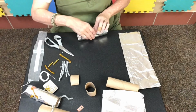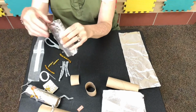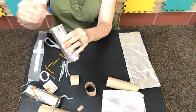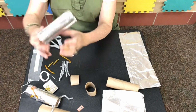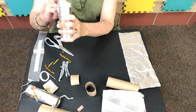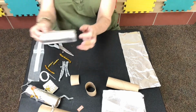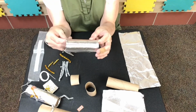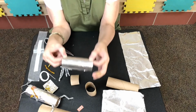So I'm going to take my tinfoil and I'm going to wrap it around the body of my paper towel roll, okay? And I'm going to tuck, and that's going to secure it into place. I'm going to do the same thing on the bottom, okay? Now, when you put your fingers inside and you move along the edges, you will be able to